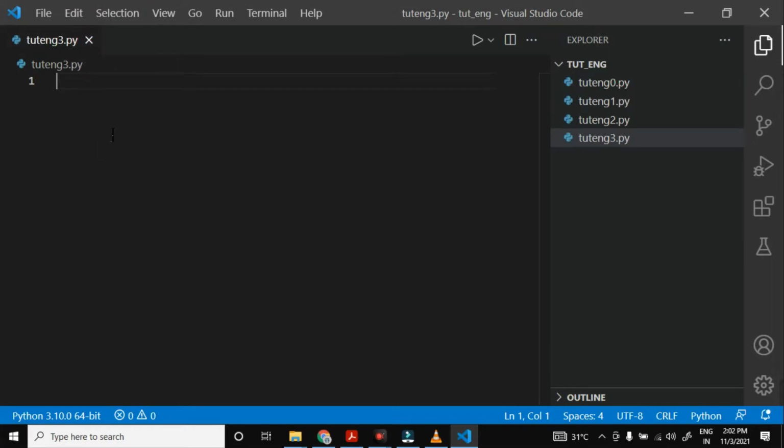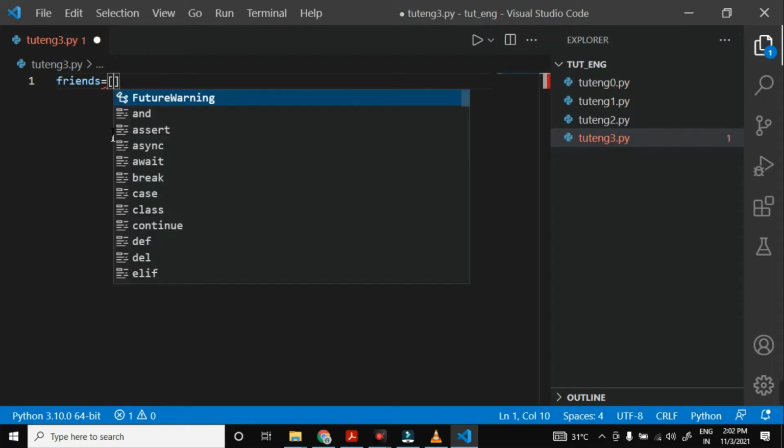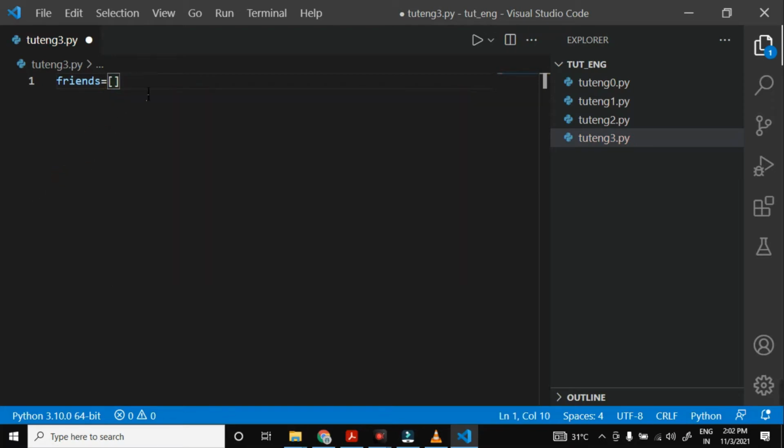Now I will make a variable to hold our list. What will the name be? I will name it friends. Okay, friends is equal to. So how will Python know that we are going to input some list? To input a list in Python, we will give big brackets. As we give big brackets in Python coding, Python knows that we are going to input a list. So we will put some names over there. The first name I will give is George.